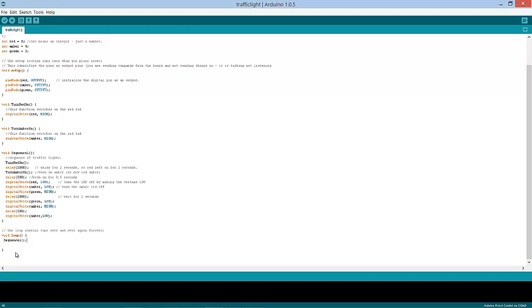So now when it calls sequence1, it goes up to this function here, and it follows the instructions that are within that function. So why would we do that? Well, the great thing is that I could have another sequence called sequence2, and I could call either sequence1 or sequence2 in my loop. So I might have a switch, so that if the switch is high, I want it to run sequence1, and if the switch is low, I want to run sequence2. So within the loop, I can just put in an if statement,